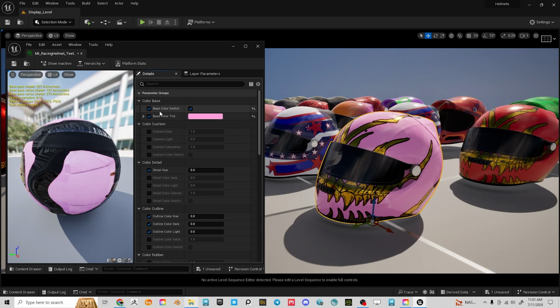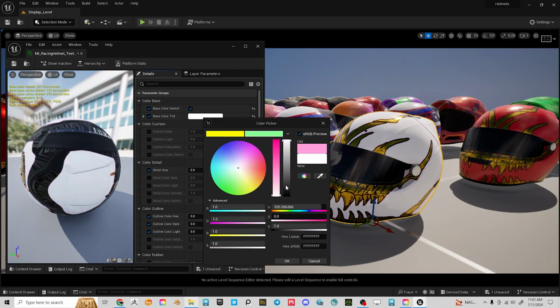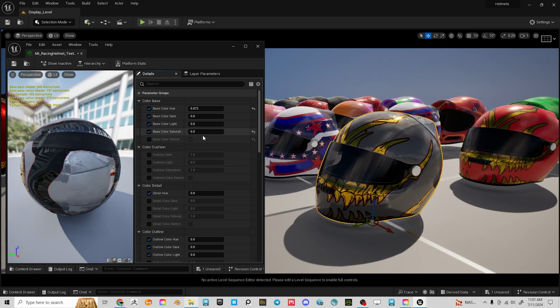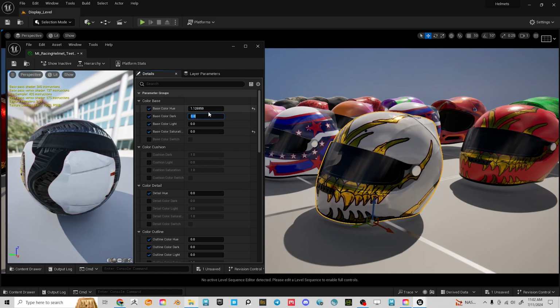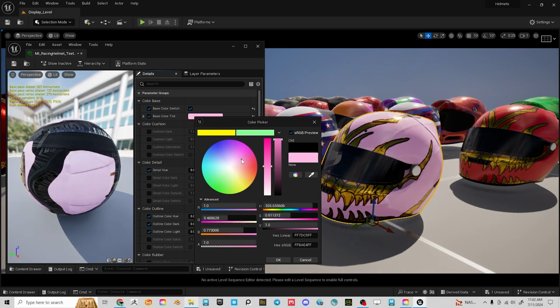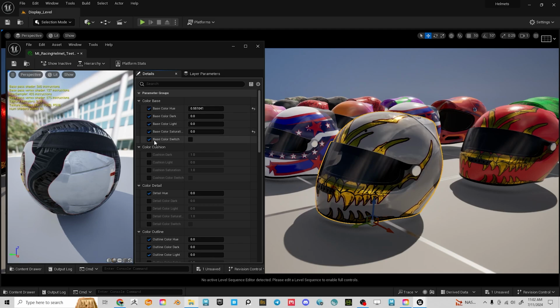Each one of these materials is set up this exact same way. And I've set the color switch up in a way that each of these elements can be,